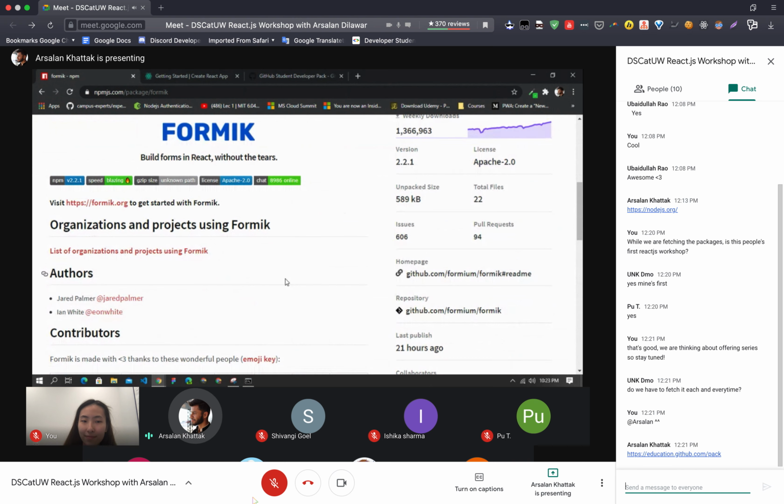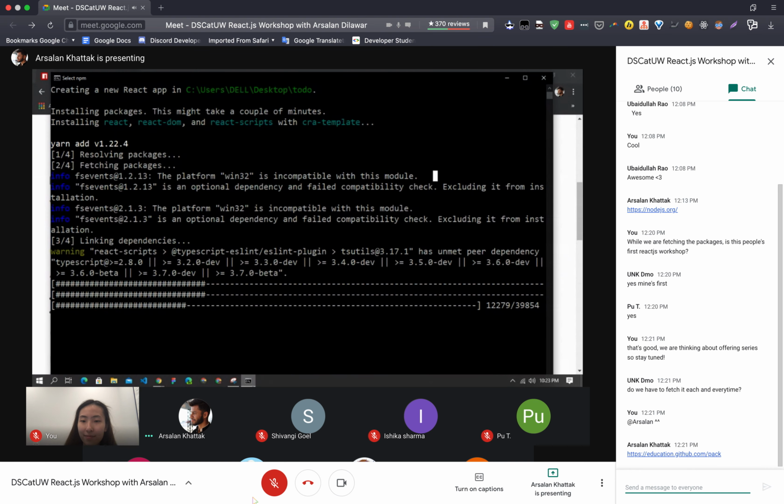So the basic thing, npx create-react-app, needs to be used just once, and that will fetch the files. But if you want to install more packages, you will need to install those packages. But that is just a one-time installation. For some reason, it is taking a lot of time.